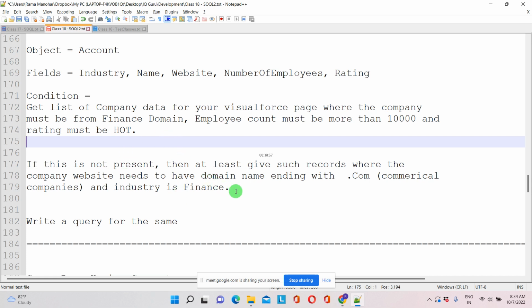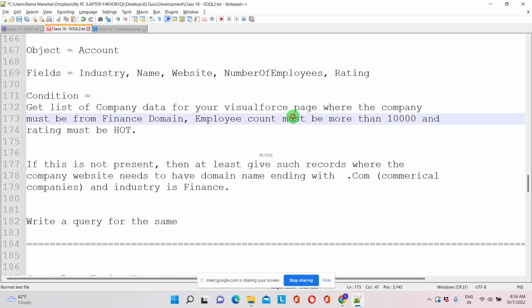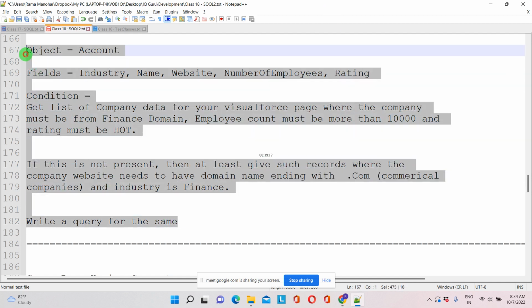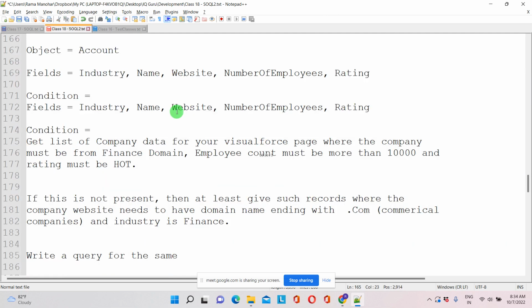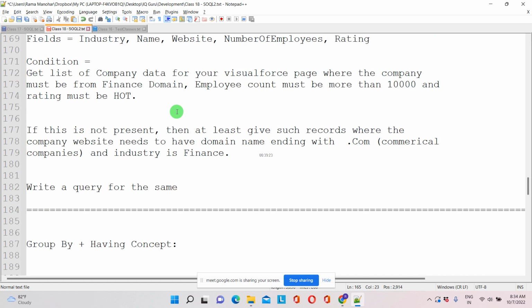So that means here we are fetching the data from Visual Force pages. For Visual Force pages, we also need to get the data from our Salesforce database only. Yes, sir. So this one is the future topic. Just have this assignment with you. But once we have done with this Visual Force page,